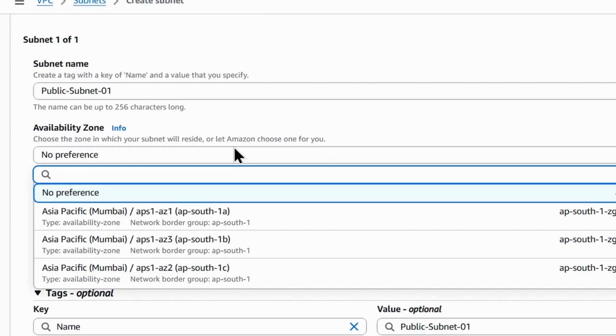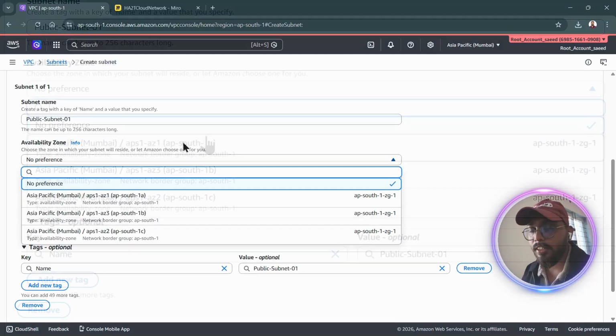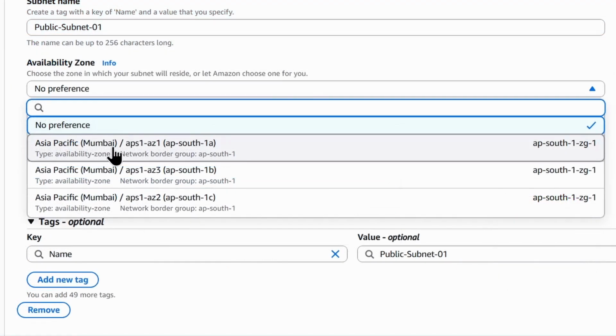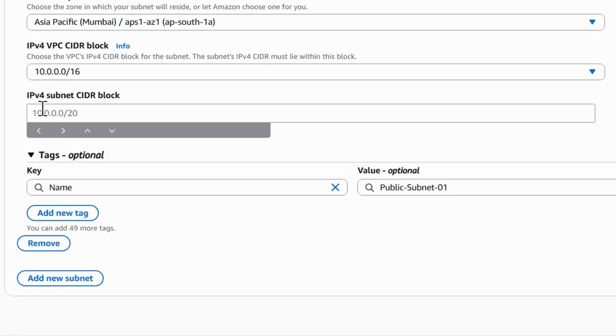This is the main part. You shouldn't keep your subnets all in the same region or availability zone, because you want to avoid a single point of failure. Let's say your server goes down in one availability zone for whatever reason, could be power shortage or natural disaster, whatever the case may be, you should have a backup plan so that your website is running 24/7. That's that. I'll choose the Asia Pacific Mumbai South 1A region for our first subnet,